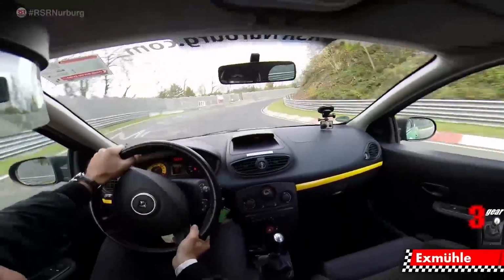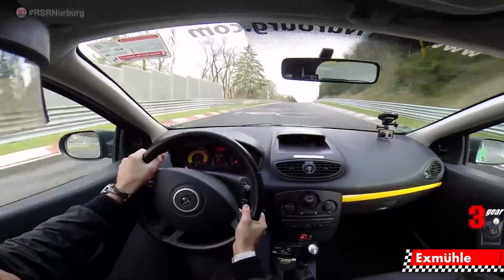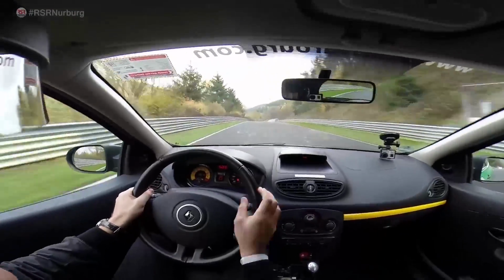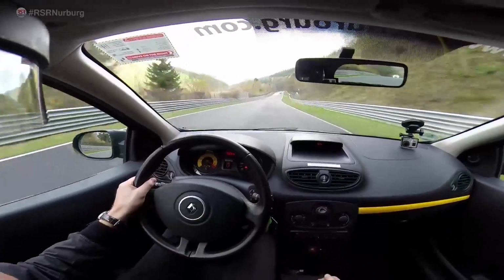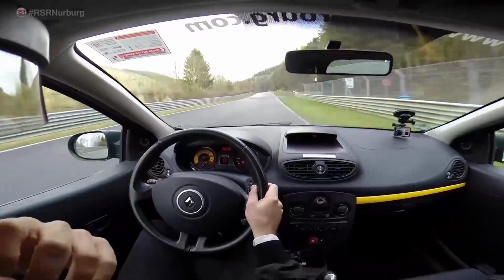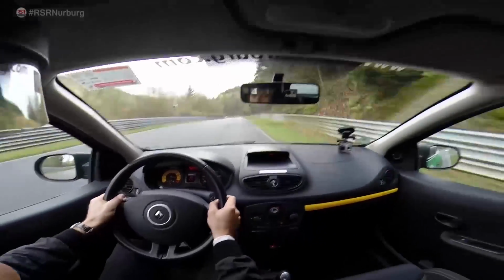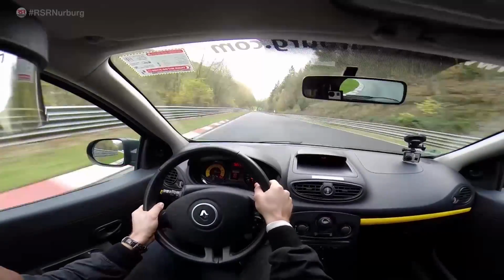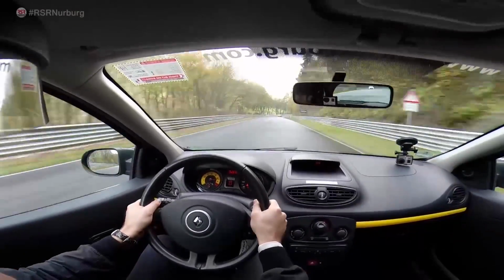Dab the brakes hard, then turn in, keep your eyes up and open the wheel so you can effectively steer with the wheel as open as possible, and that way you will get more traction out of the corner. Through Lauda Links, nice and easy on the throttle. On the brakes,